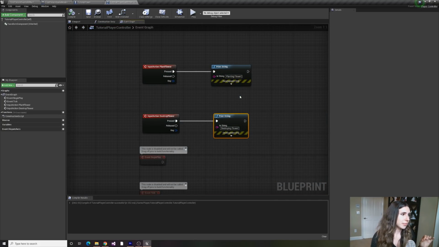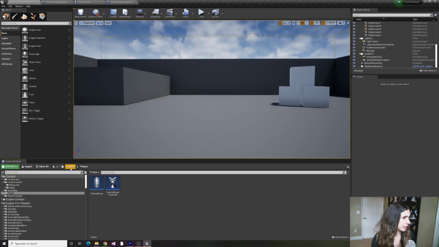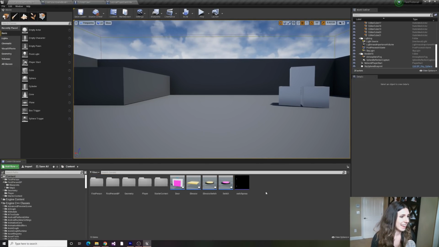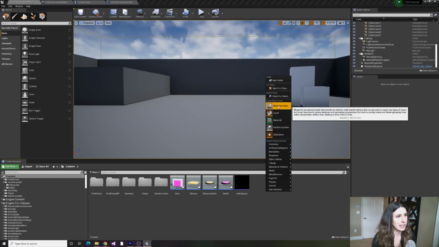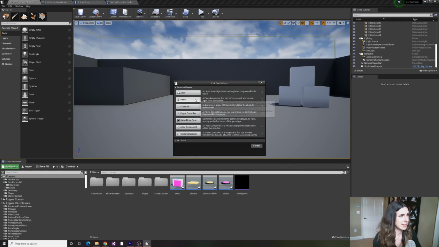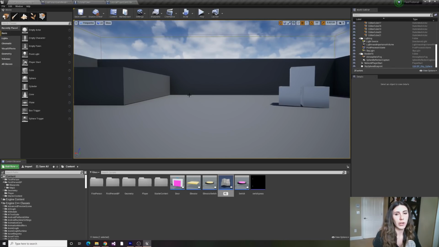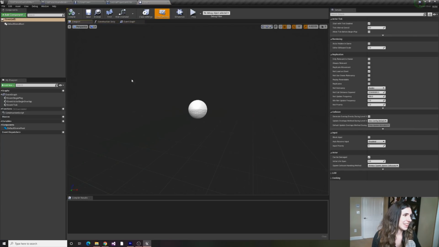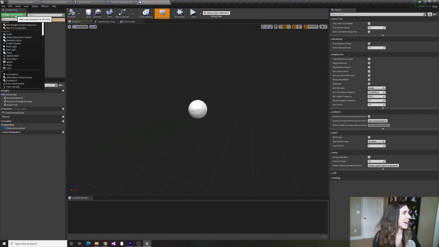So now we're gonna actually write the bit of logic where we make flowers appear. All right, are you ready to make some flowers? Because I'm super ready to make some flowers. Let's go to the top level content folder here, and we're gonna right click and create a new blueprint class. This blueprint class will be of type actor, and it will be called flower, of course. And I hope you're ready to put on your artist hat, because I sure am. So let's add a